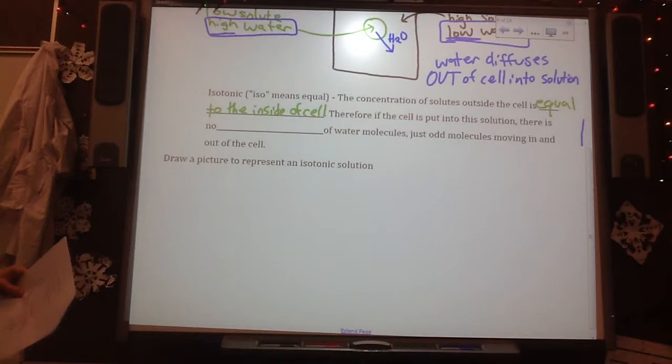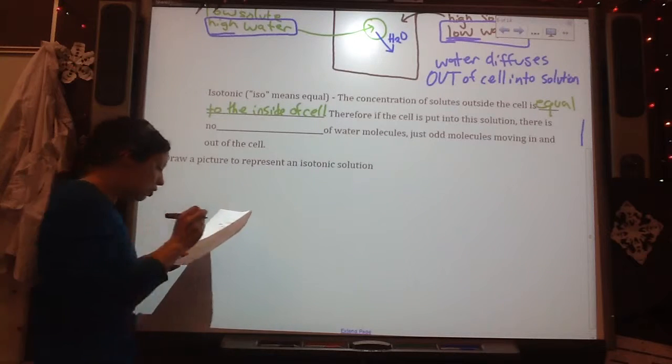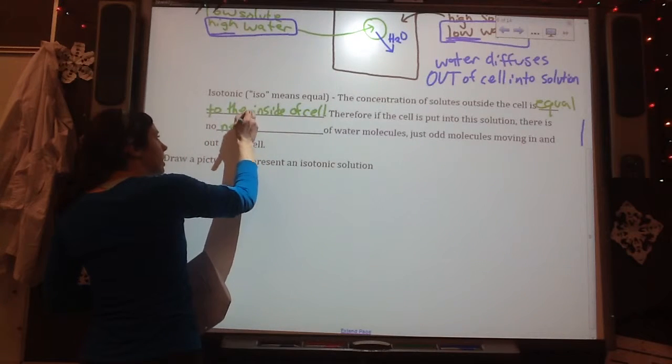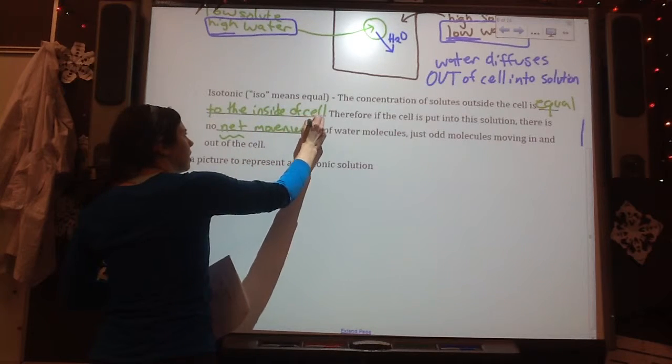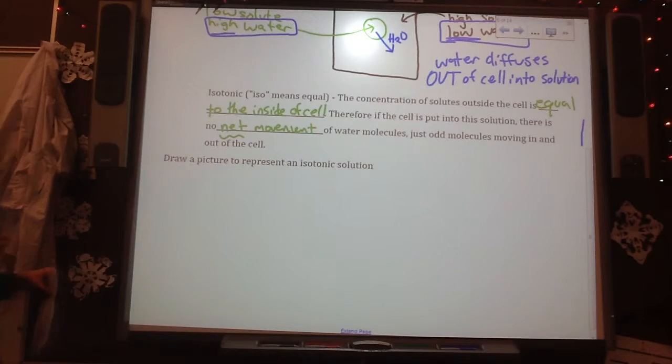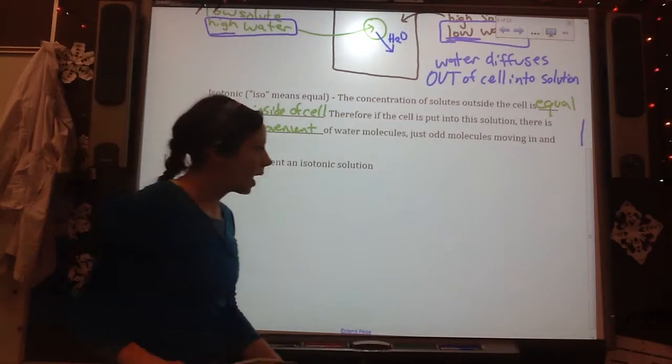Therefore, if the cell is put into the solution, there is no net movement of water molecules, just odd molecules moving in and out. It's like saying as many water molecules that go in are the same amount that go out. There's still some going in and out, but it's not like a whole bunch rushes in. So how do we show